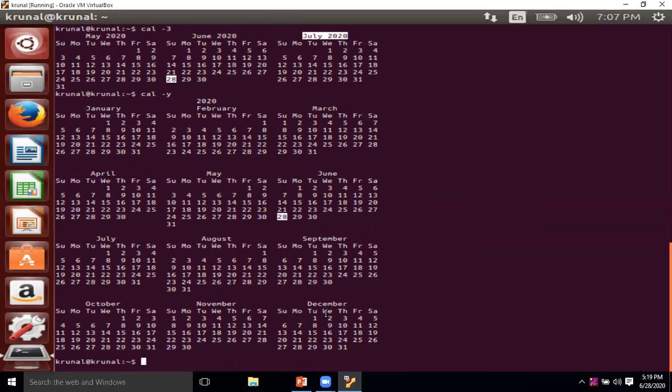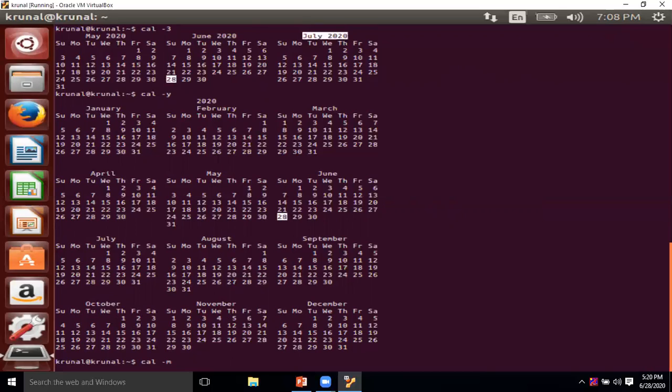There are many options available with the calendar command. The frequently used options are the ones I have shown you. One more option we can discuss is cal -M. M stands for Monday.